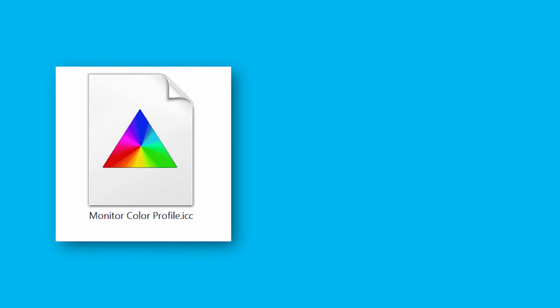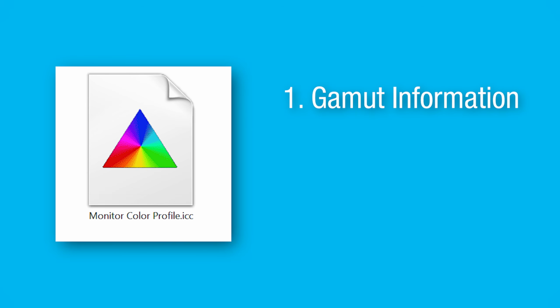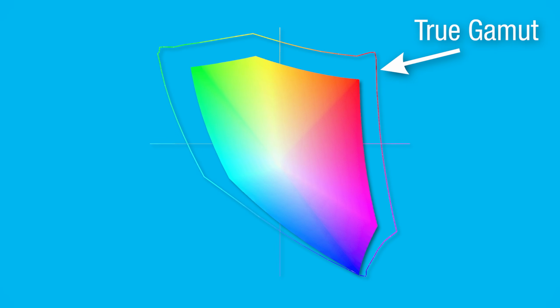It specifically has two different parts to it, possibly. The first part, which it's always going to have, is the gamut information of your monitor. This essentially is the range of colors that your monitor is capable of. If you don't install such a profile and therefore don't tell Windows the capabilities of the monitor, it's going to assume that it uses sRGB, which is a very small color space, so it's not going to be able to take advantage of the full capability of the monitor.